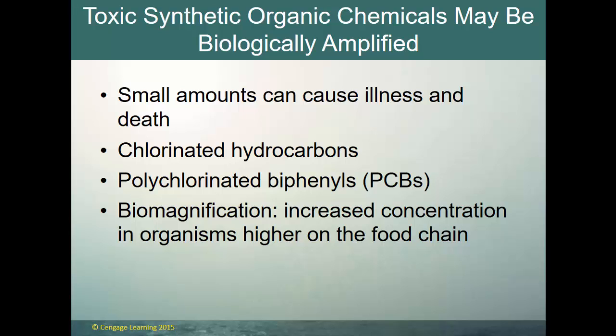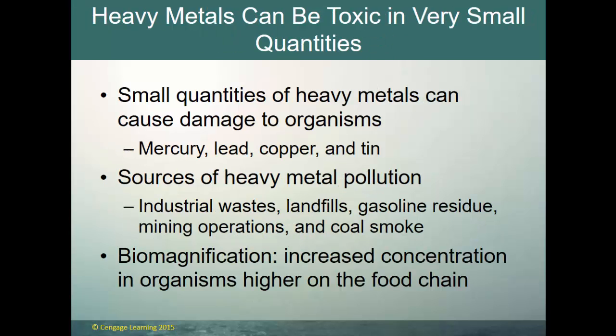Biomagnification is this idea that if a little itty bitty fish consumes a little itty bitty amount of that, and then a slightly larger fish eats a whole bunch of those little itty bitty fish, well, these heavy metals and these chemicals, they're not going to be dissipated. Whatever the little fish consumed, it's going to be there. So that big fish consumes those little fish, now it has all of theirs, and a slightly larger fish consumes a bunch of the medium-sized fish. That larger fish is going to have all of those chemicals, and then as you go up the food chain, you get an intense magnification of either the toxic synthetic organic compounds or these heavy metals such as mercury, lead,